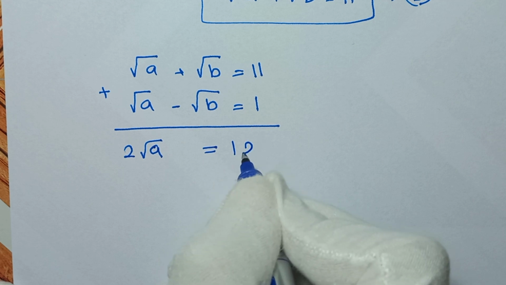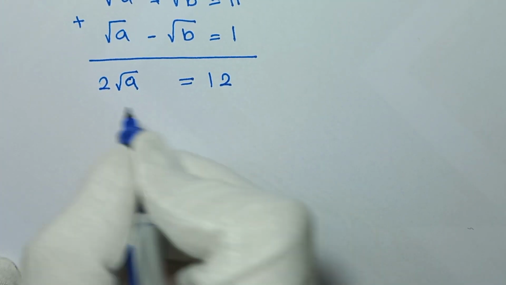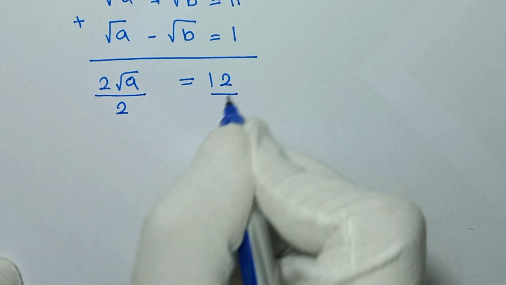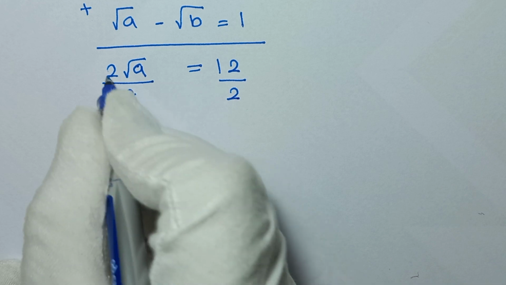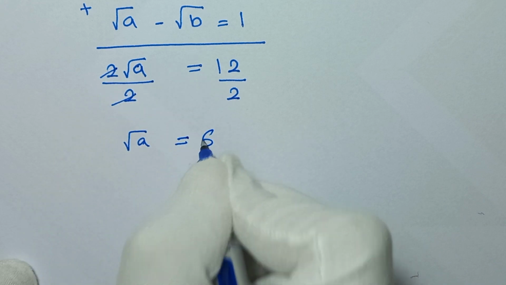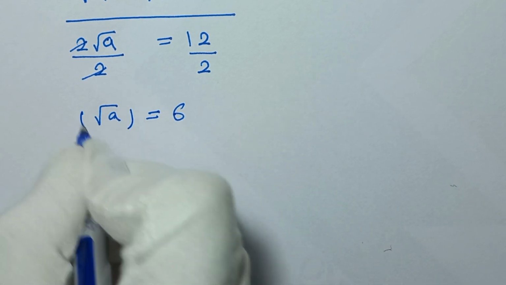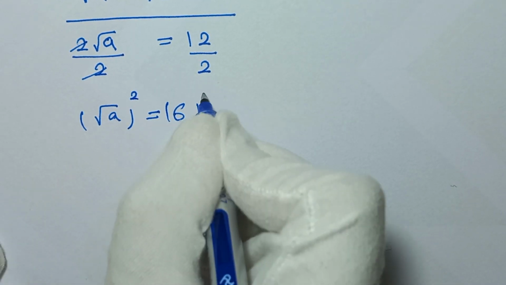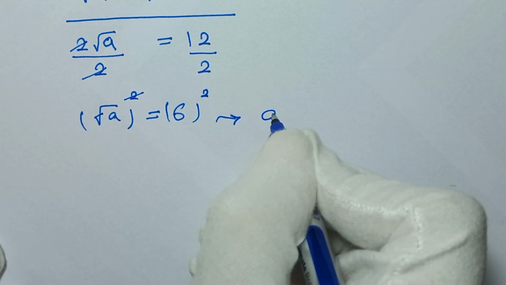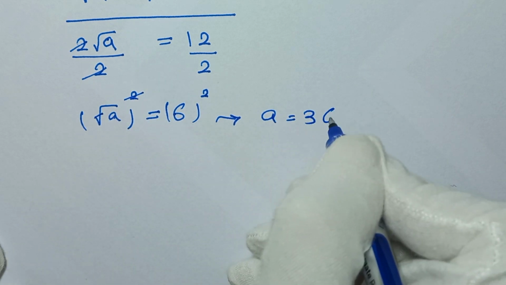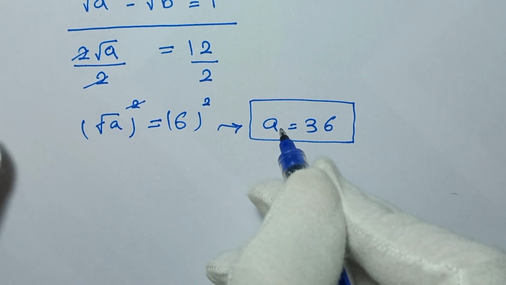which is 12. In the next step, we divide both sides of this equation by 2, so it will be this divided by 2 and this divided by 2, and the square root of a, this cancels this, is equal to 6. In the next step, we square both sides of this equation, so this to the power of 2 and this to the power of 2, and here this cancels this, and a is equal to 36. So we find the value of a, and to find the value of b, from equation number 1,